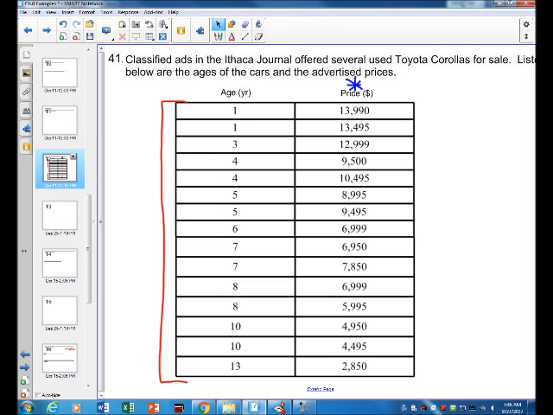If you want to find a predicted value for a number that's outside of the actual data, so we go from 1 to 13, 20 is way past it, that is something that you want to avoid because that is called extrapolation. I'm not saying you can't do it, but I would highly recommend not doing it because